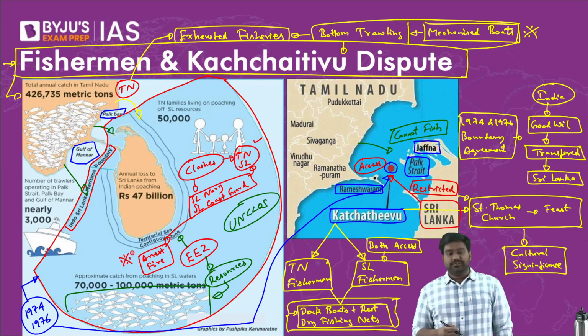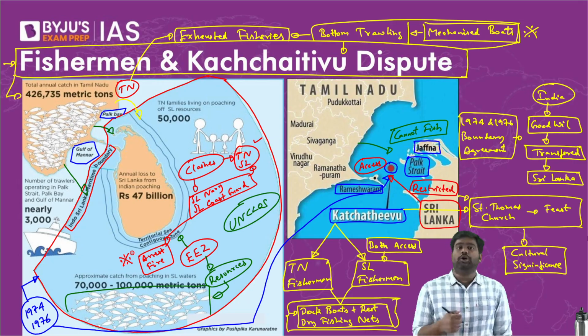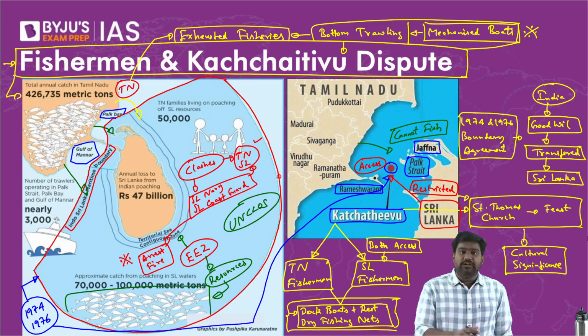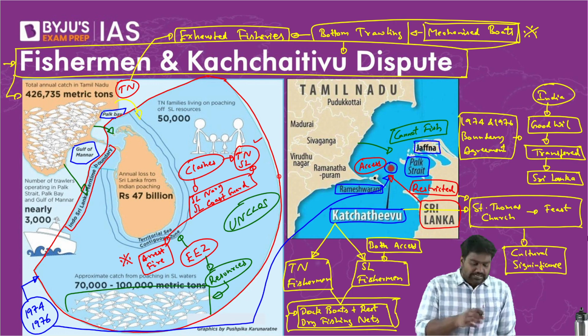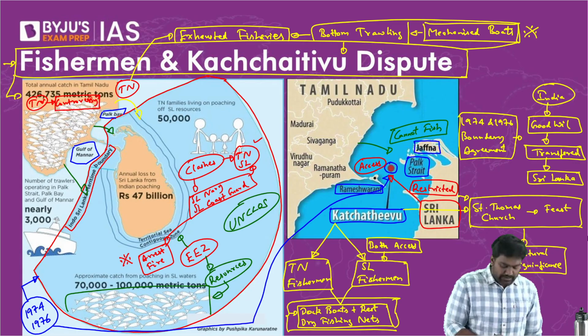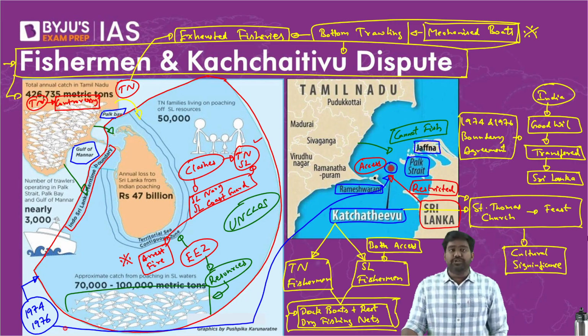In several cases, the boats of Tamil Nadu fishermen have been shot and sunk by Sri Lankan authorities. They have arrested several fishermen, thrown them in jails for years together, without even informing their families and the Indian government. They have opened fire as well, killing several fishermen in the seas. And the clashes between Indian and Sri Lankan fishermen have also led to injuries and deaths. So every time such an incident happens, it becomes a major political controversy in Tamil Nadu. This brings a lot of pressure on the government of India, which affects our ties with Sri Lanka.